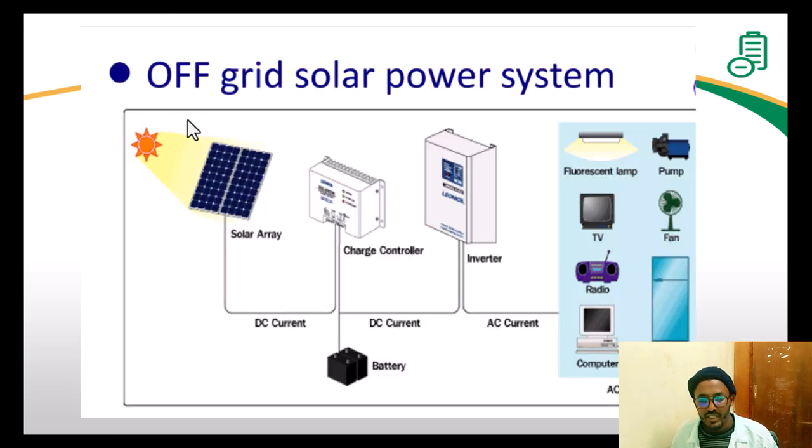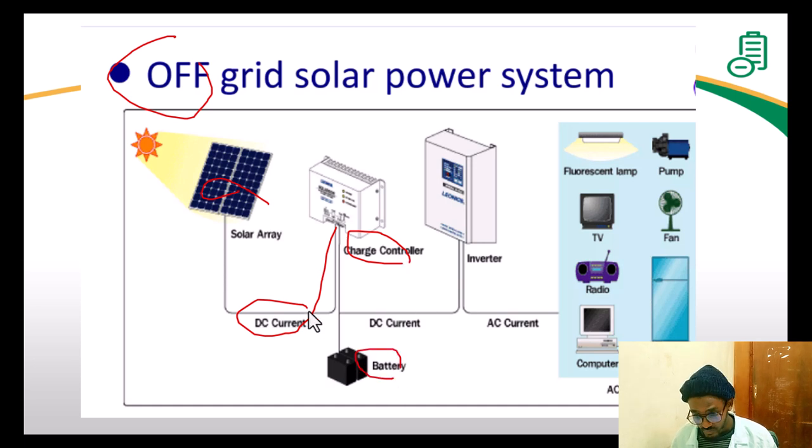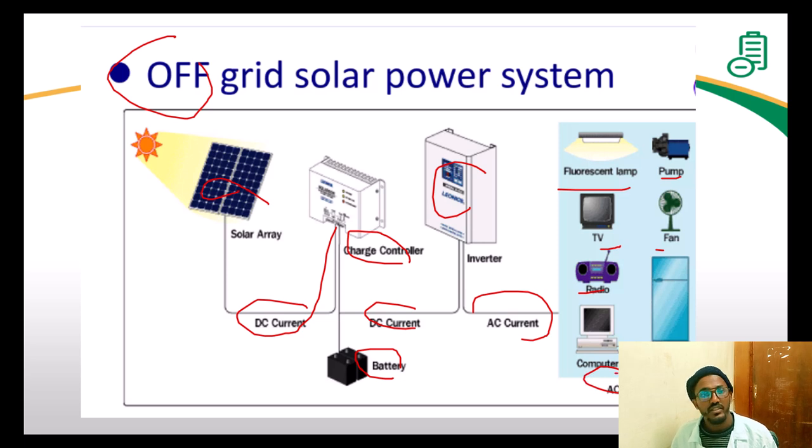The second one is off grid, and this one is not grid tied. So it's off grid, obvious. So what we do is, we have the solar here, and then we have the DC current coming through this, and we have charge controller. At the same time, we have battery. So the DC current here is converted through inverter into AC current, so we can use it in AC loads like fluorescent lamp, pump, TV, fan, radio, computer, refrigerator. So these are off-grid, so we can use them directly. We don't have to tie them, we don't have to attach them into grid in order to use